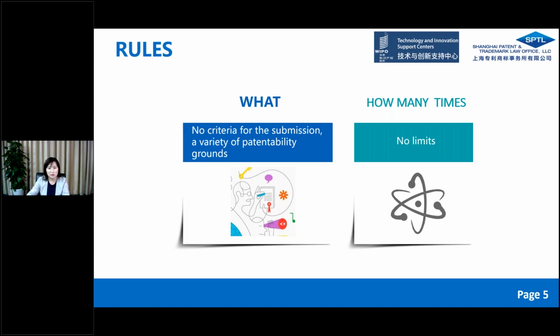We can submit the reference documents with detailed explanations, or we can submit only some formal defects in the observation. Of course, it's recommended to submit evidence together with reasons for undermining novelty and inventiveness. Another question is, how many times can observations be submitted to the CNIPA for one case? The answer is there is no limitation to the number of submissions of observation in China. The same submitter can file multiple observations to challenge one application.